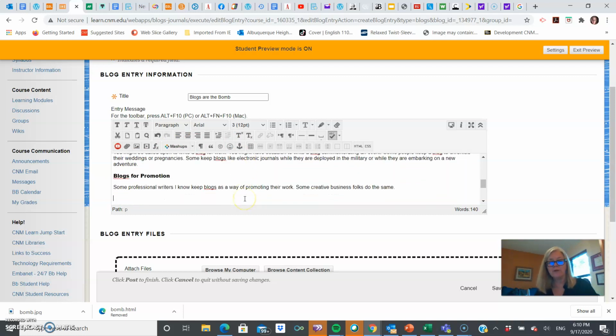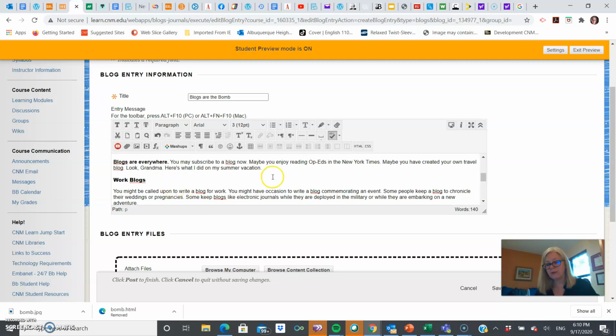What I really want is for you to think about these visual elements and also to think about your voice. You want your voice to be engaging. You're writing to your colleagues in this class, so you can be casual, but not to the point of using slang or text speak or incomplete sentences. I don't mean casual to the point of misspelling words and not caring. What I mean is you can be engaging. It doesn't have to be a stiff academic voice. It can be an engaging voice that makes us feel like, hey, we're having a conversation about